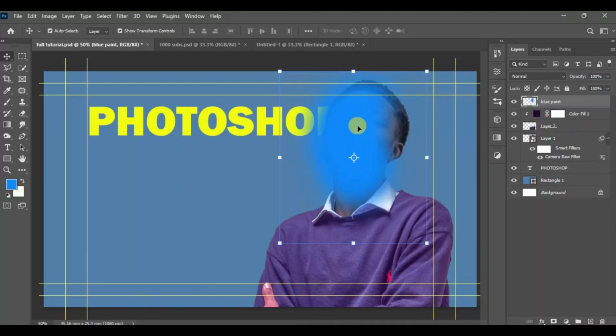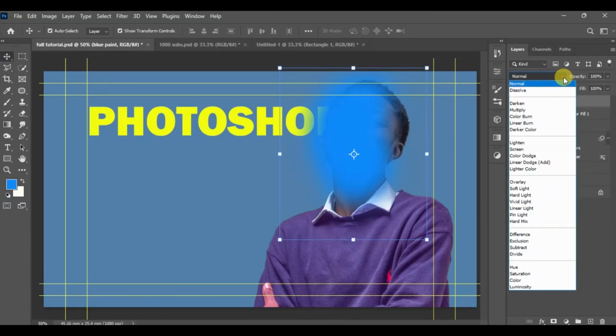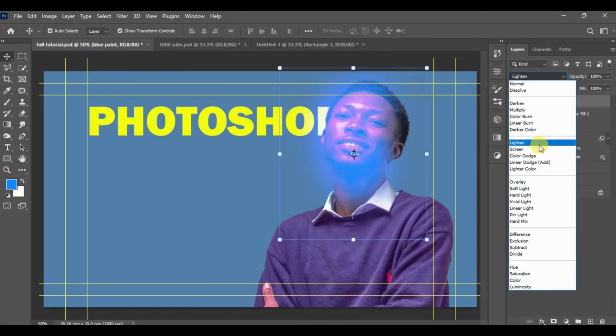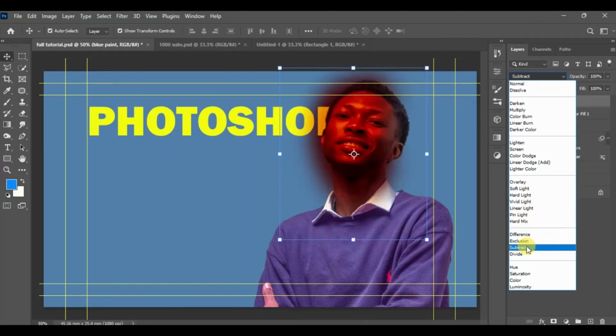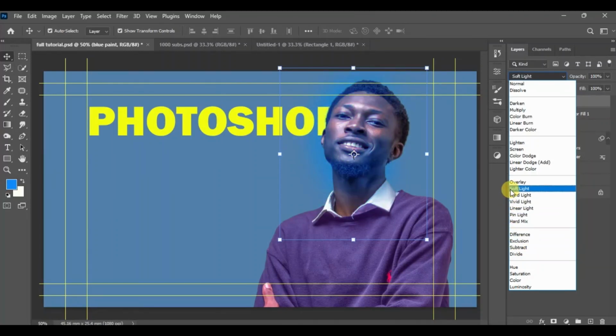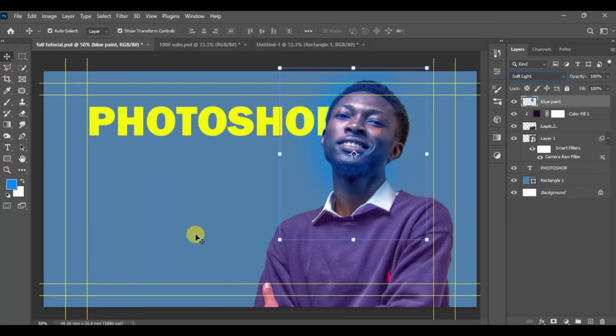Okay, so now that we've done this, one thing that we can do is change the blend mode, right? And the blend mode is what you see on top here where it's written normal. If I click on the drop-down icon and scroll down, it will be telling me what all these blend modes do. So you can see when I hover my mouse on it, it gives me different effects, right? And they all have their uses, right? If I go to soft light, let me just say it, okay, you can now see that